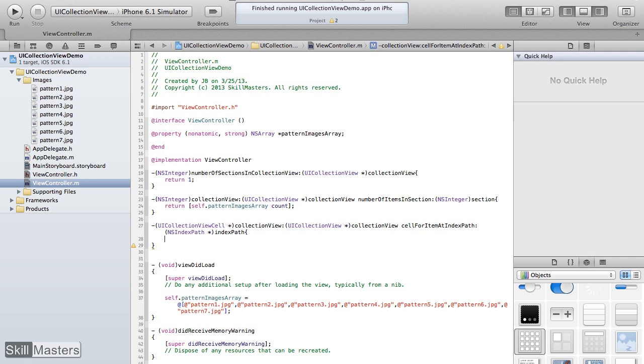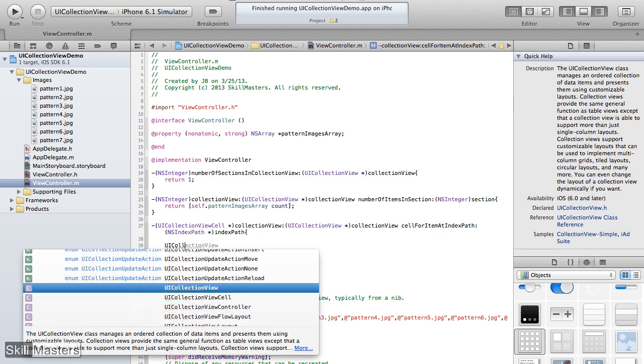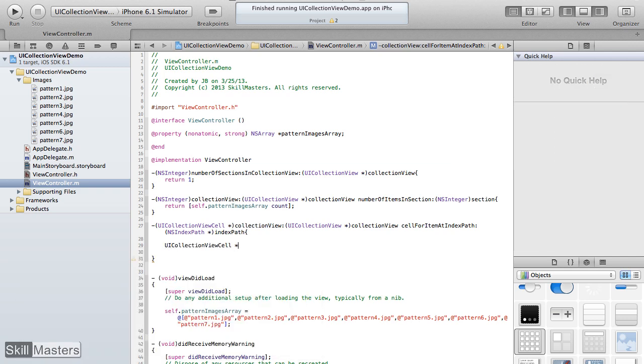Now I'm going to create my own custom cell for this. So initially, because we don't have that built yet, I'm just going to stub it out with a placeholder for now. I'm going to say UICollectionView cell called cell,